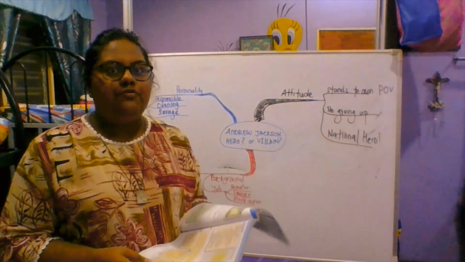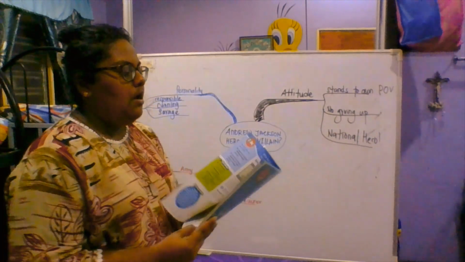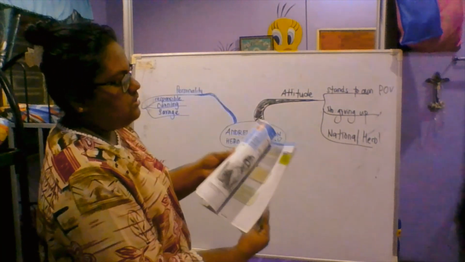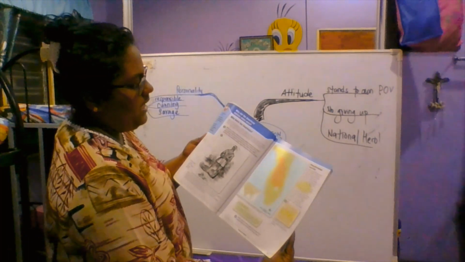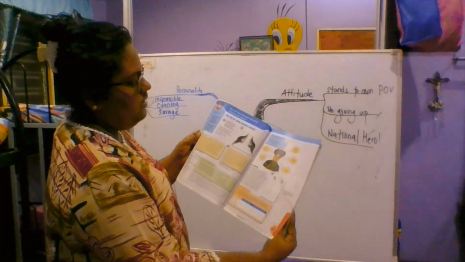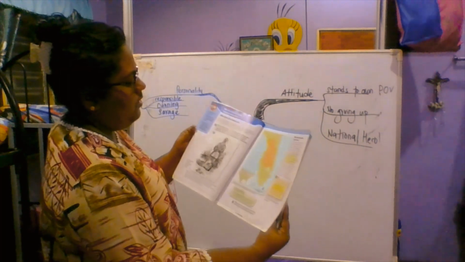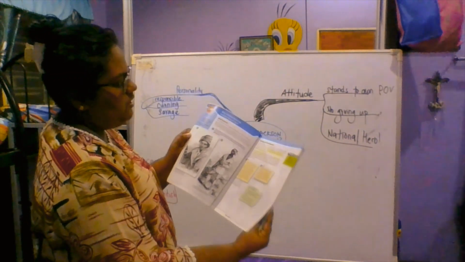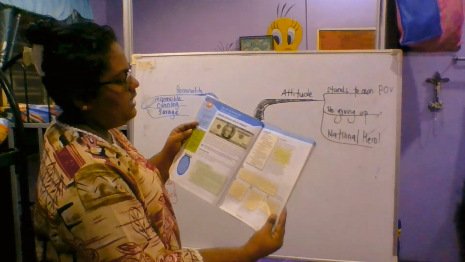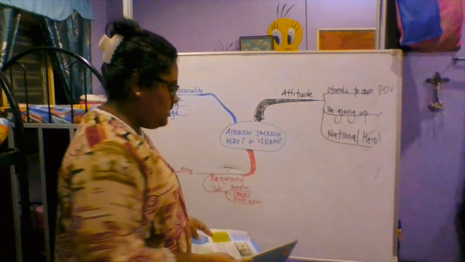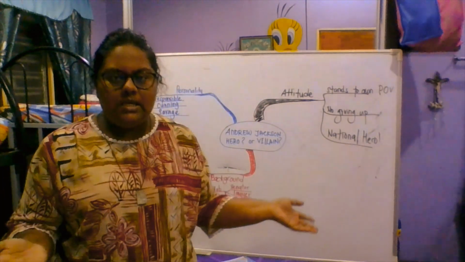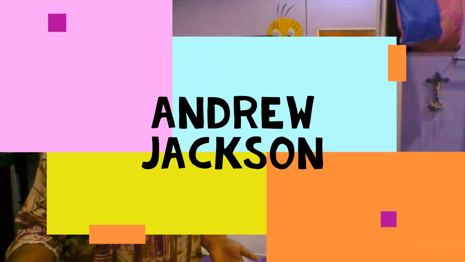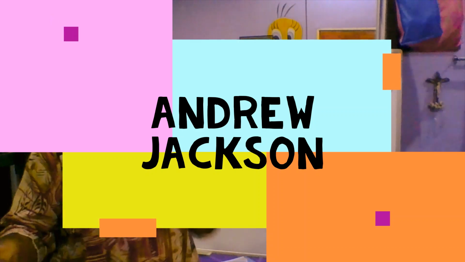We are going to continue from the Seminoles. If you can remember, we were looking at the Seminole American Indians, and we went to the Black Seminoles. Now we are here at Andrew Jackson. In Andrew Jackson, what are we going to see? Who is he, and what did he do during his time in the US? We are going to see even further.